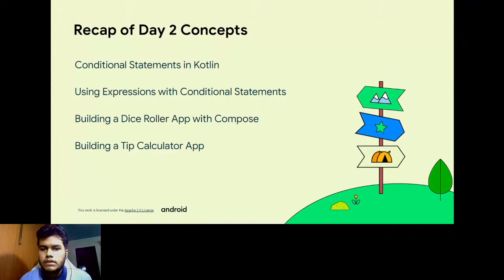The resources for this dice roller were provided in the session itself, and in case you have missed this, you can refer to the mail that was sent to you a few days ago. Then using the logic in Kotlin, we also built a tip calculator app, where when you enter your hotel bill or any sort of bill, it will generate the amount of tip that you need to pay to the